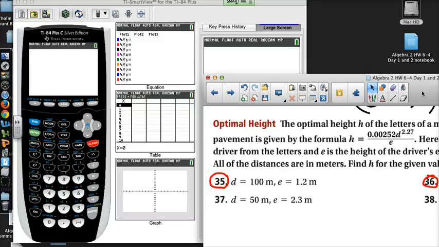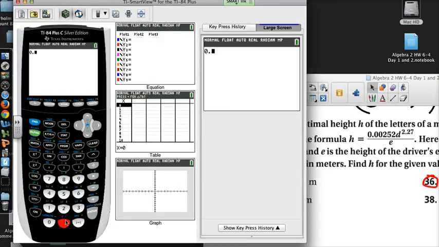So I'm at my main screen here, and I want my 0.0025, but I'm thinking I've got more than that going on up there. So I'm going to clear that out, and I'm going to put parentheses up there because I want the entire numerator to be calculated before they divide by that number. So I have parentheses